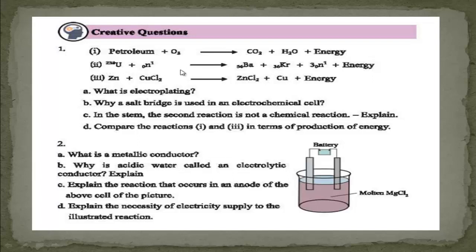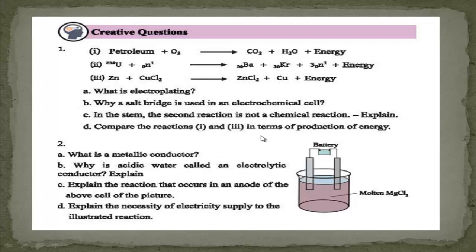In the mentioned reaction, we can see the nucleus of uranium struck by a neutron converted into different nuclei of smaller mass, isn't it? Barium, krypton, and also 3 more neutrons are produced and a huge amount of energy is produced. So actually this reaction is not the reaction of electrons. This is the reaction of the nucleus, where one nucleus is transformed into another nucleus. For this reason it is not called a chemical reaction. This is actually a nuclear reaction.